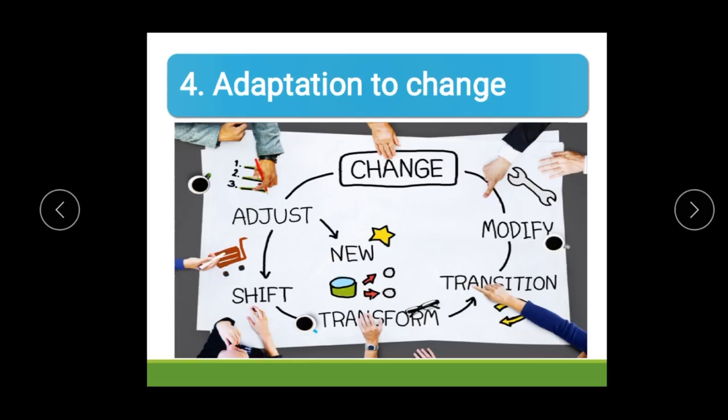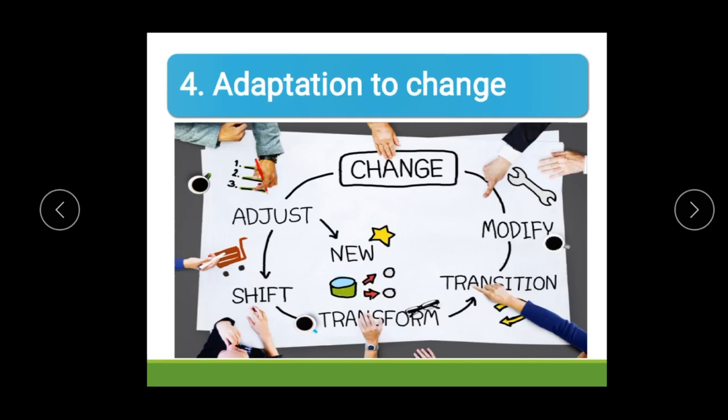Next, the fourth importance is adaptation to change. After deciding the plans in organizing, we are implementing those plans. And implementing how? After adjusting and modifying the plans as per the newly changed circumstances.